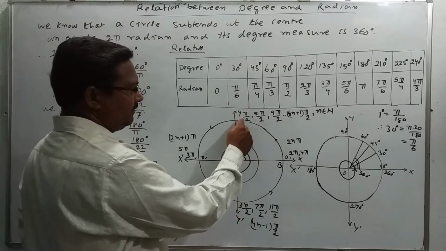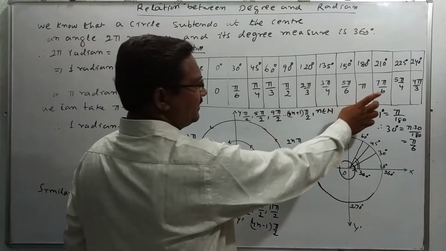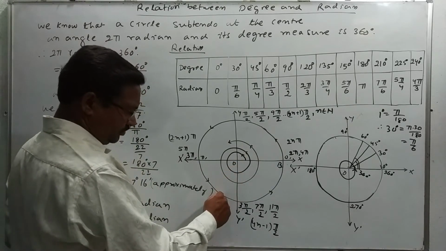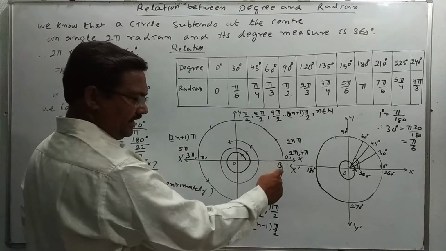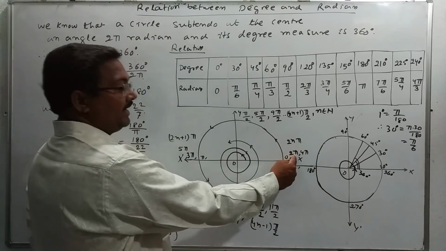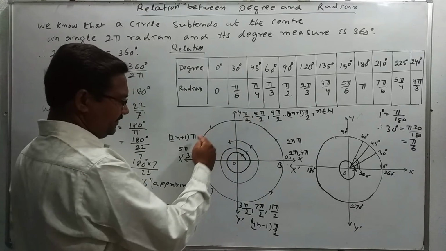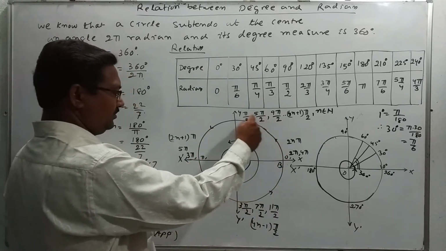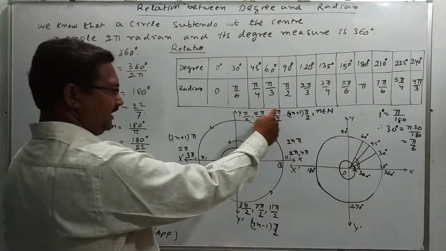so this is 90 degree, pi by 2 radian, and 180 degree, pi radian, 240 degree, in this way we got 4 pi by 3 radian here also, and in this manner 270 degree, 3 pi by 2, and another pi by 2, that is 2 pi, 4 pi by 2, that is 2 pi, and similarly we got 5 pi by 2, 3 pi, 7 pi by 2, 9 pi by 2, 5 pi, 11 pi by 2. Okay, in this form.